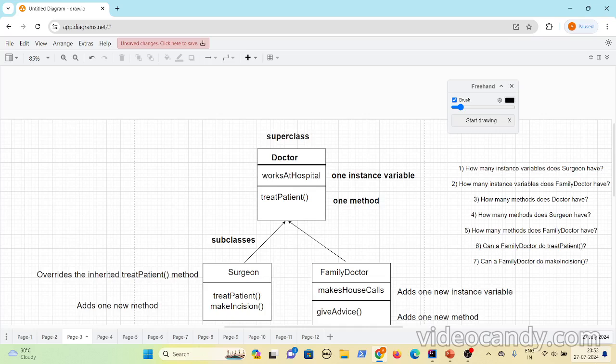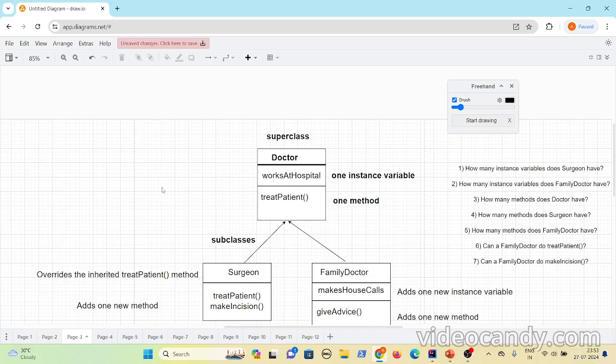There are multiple categories among doctors: a few are surgeons, a few are family doctors, a few are gynecologists. But the basic operation or behavior of a doctor is that they treat the patient and they work at the hospital.